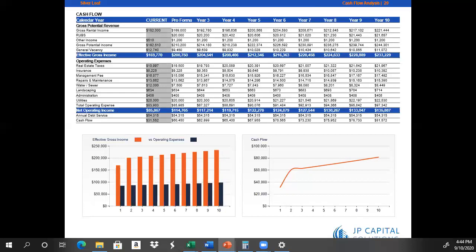If you knew those two things, the net operating income and a 7% cap rate, what would you do from there? Well, you take the net operating income of 85,867 and you divide that by the going cap rate, which in this case it was a 7%. So it's 0.07. That's what you divide it by, and it would spit out an evaluation of